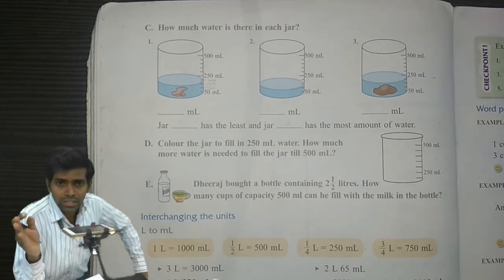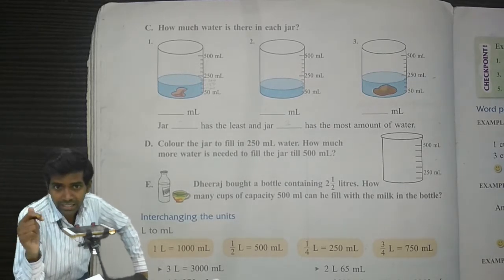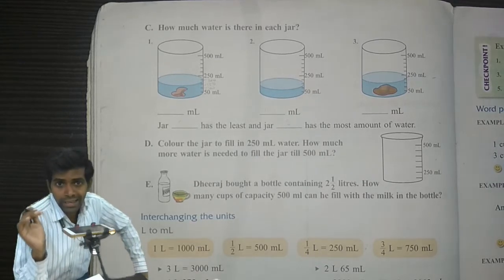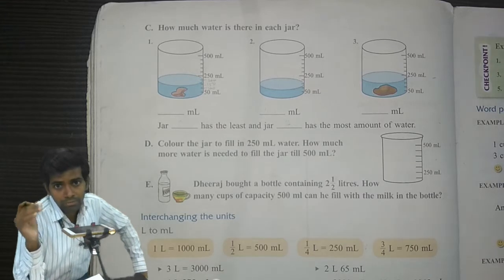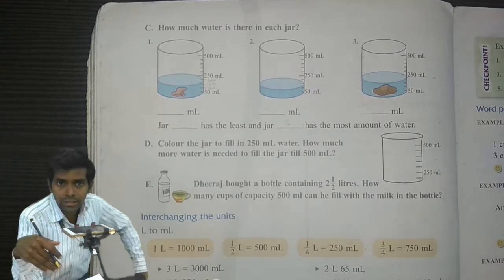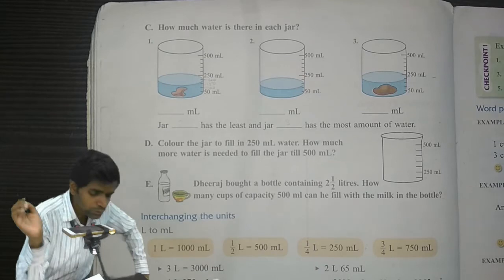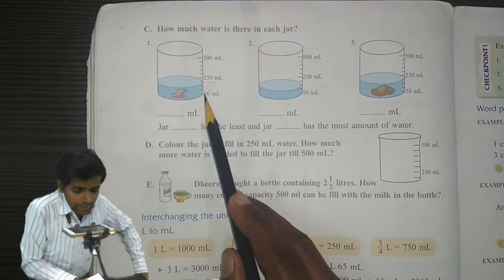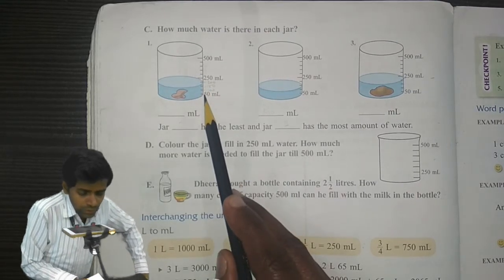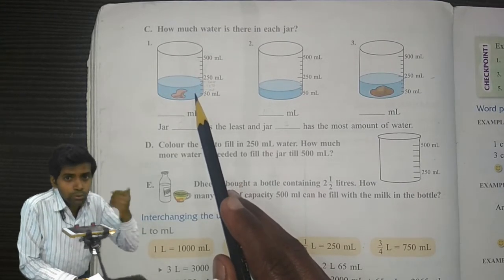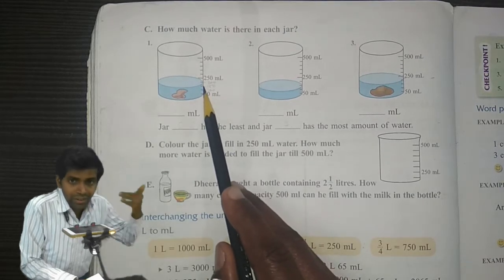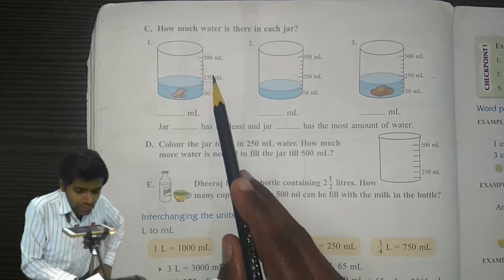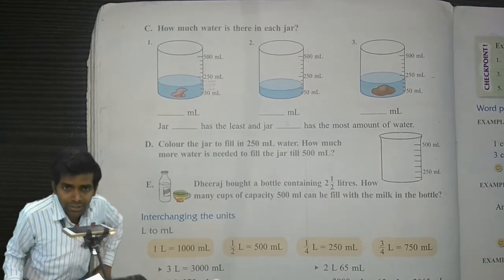ठीक है, so listen dear students, there are some stones inside the jar. We don't have to consider that. हमको उसको समझना नहीं है, हमको directly measure करना है with the help of a measuring cylinder. Okay, those are the cylinders I already showed you. So look at the first one. There is a division. The first one is the 50 and this is the 250. Okay, 50, just above the mark above the 50 is 100, उसके ऊपर वाला 150, and just above the 150 is 200, and just above it is 250.